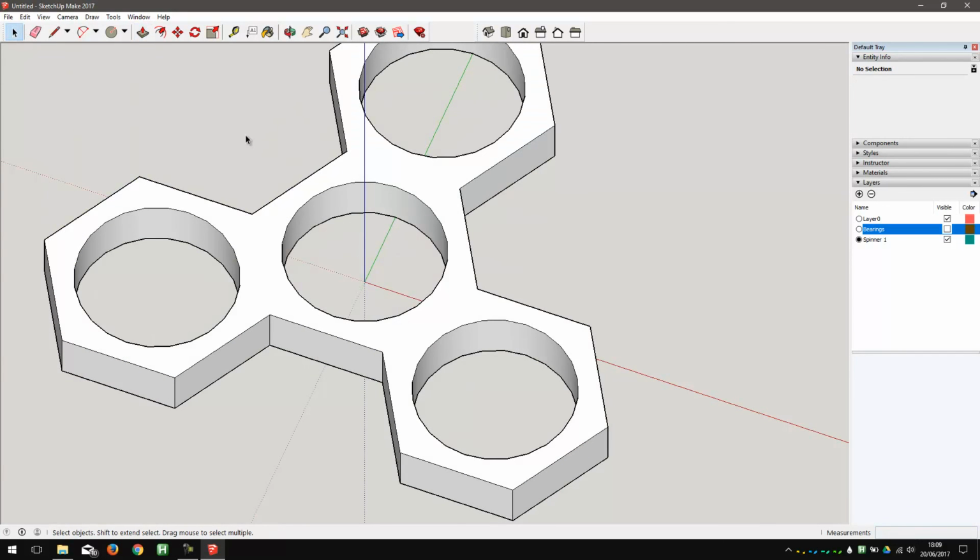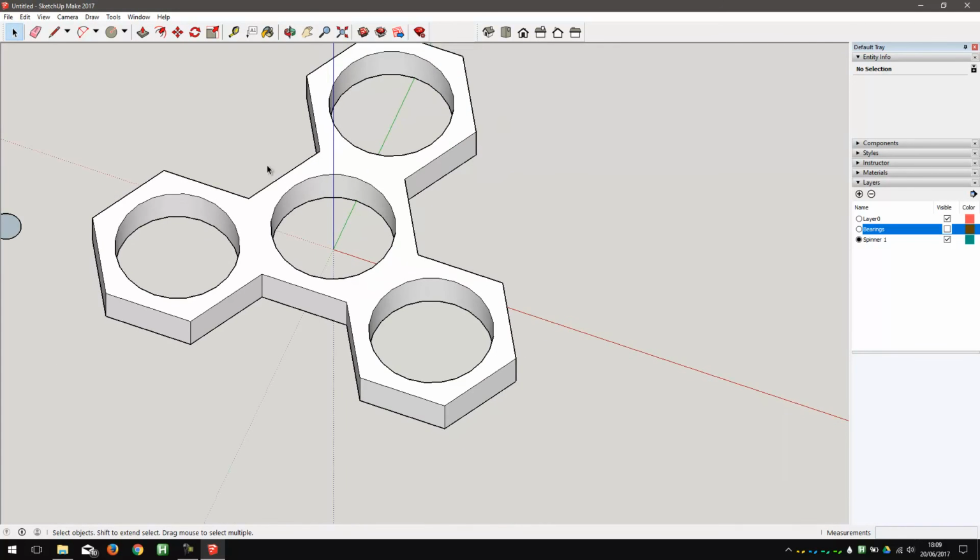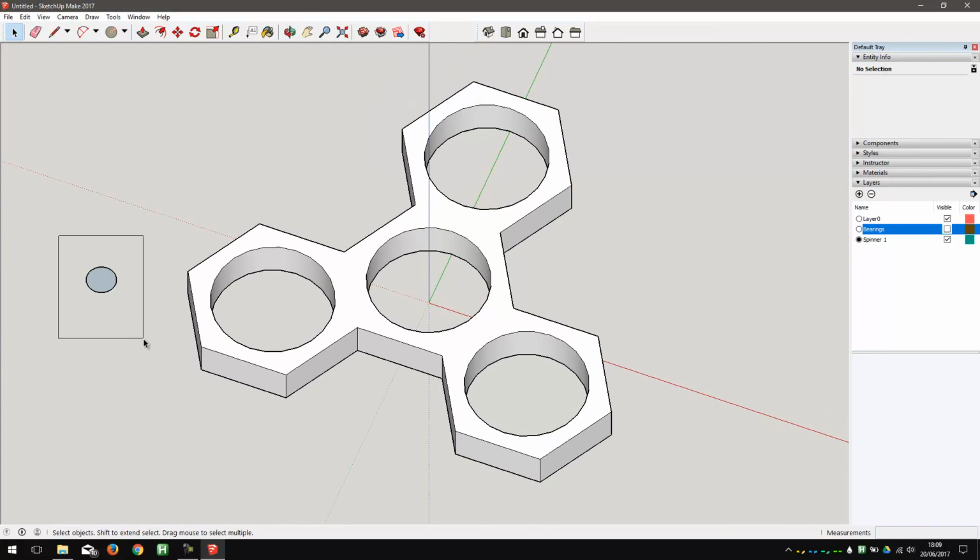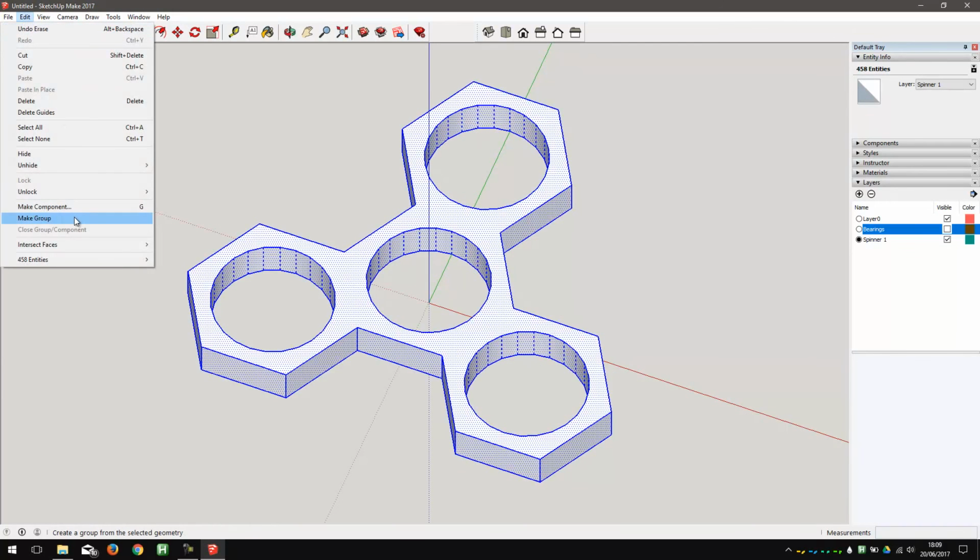Okay, let's turn this into a group rather than a component because I'm not going to have more than one of these, so I don't need to make a component. So triple click it with the selection tool, 1, 2, 3, say edit, make group,